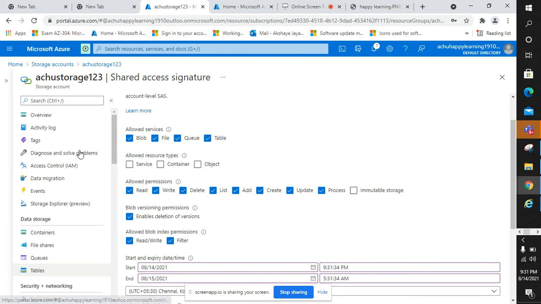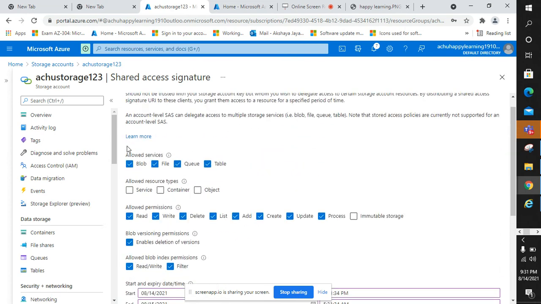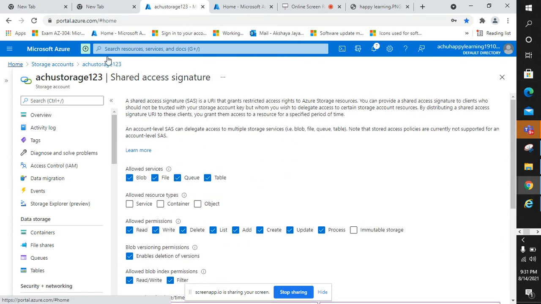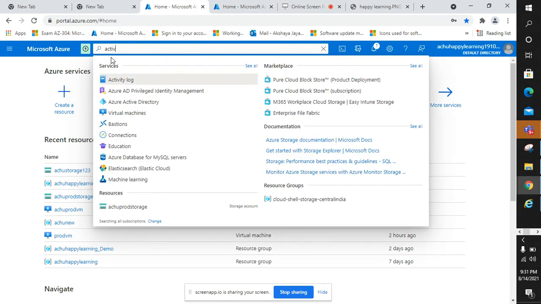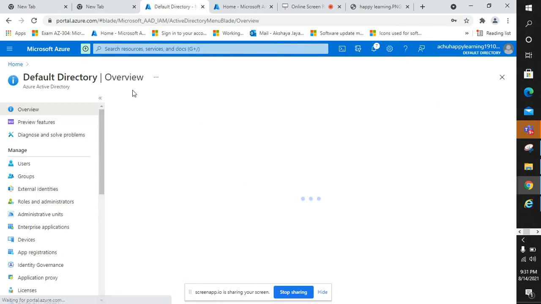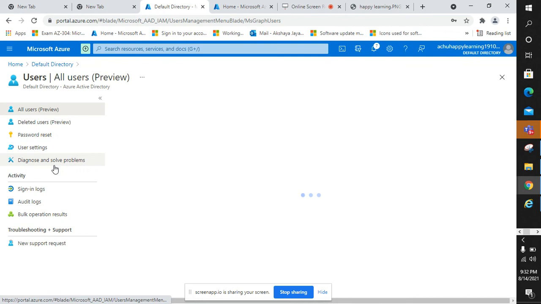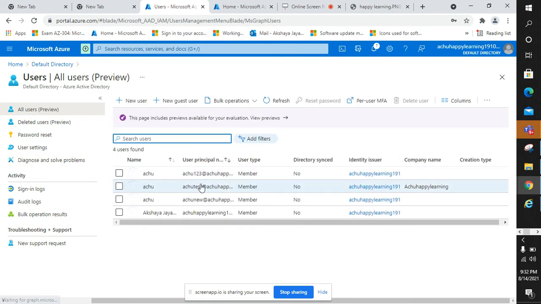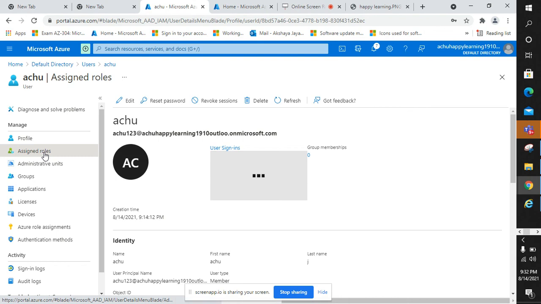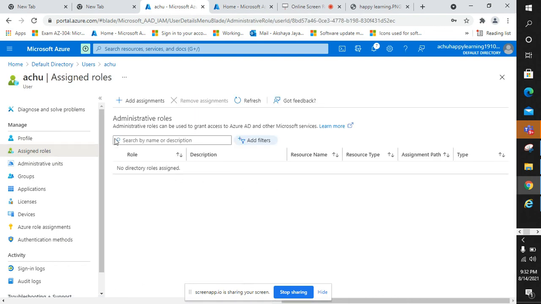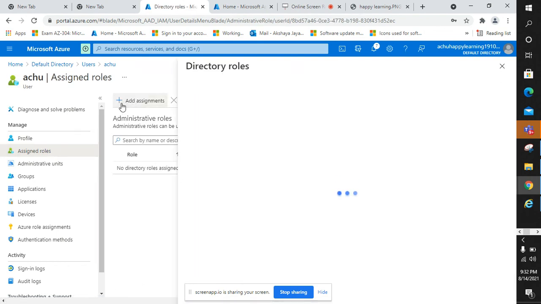Apart from that, we can also have active directory access. We can give active directory access. See, I already have a user in place, many users. I'm clicking on this and assign role. Here, I can see the add assignment option.